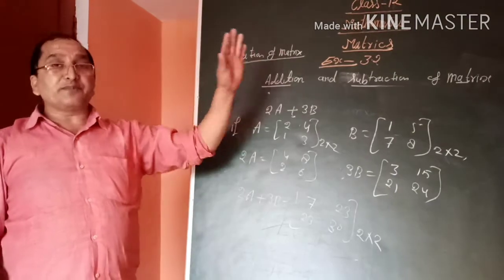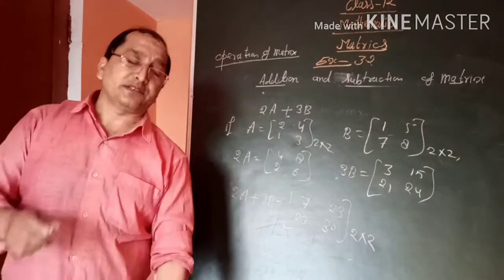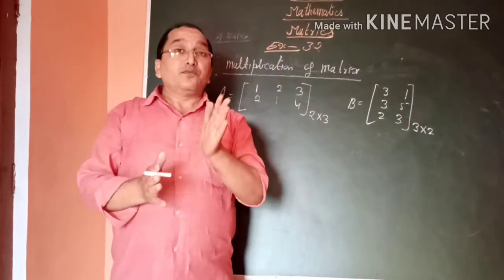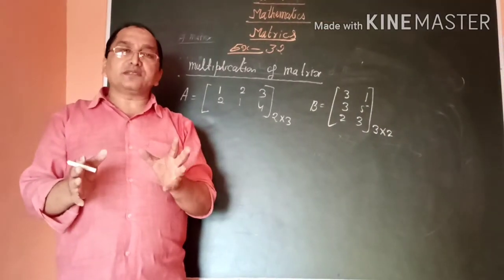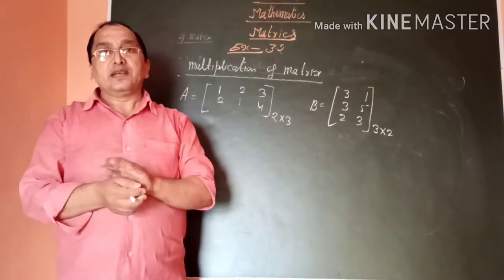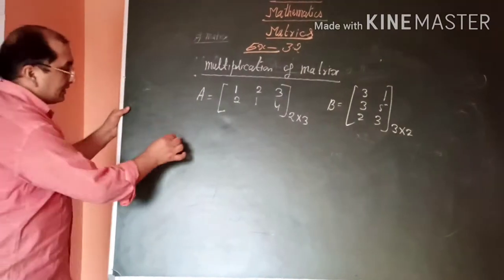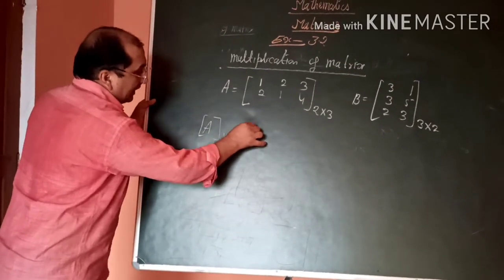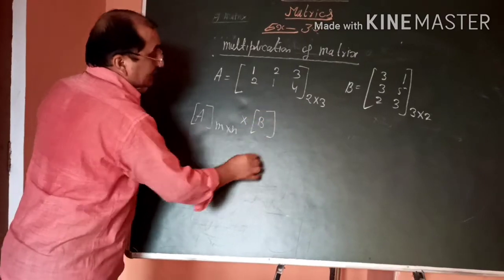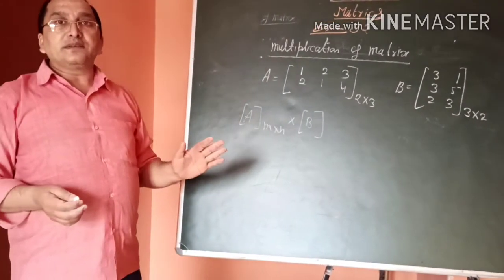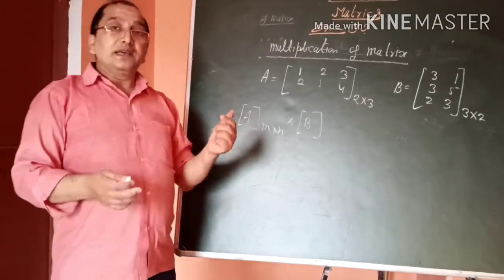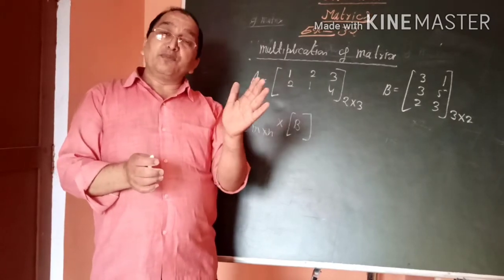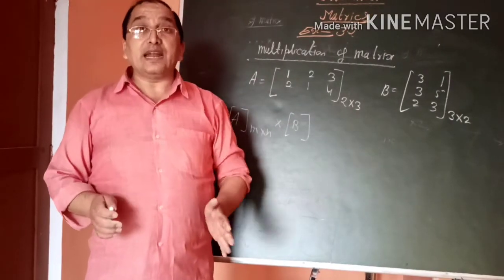And after addition and subtraction, I would like to tell you how to multiply matrices. This is a really very important thing. Most students get confused about how to multiply matrices. First of all, go through it. Suppose A is a matrix of order m cross n, and we have to multiply it by another matrix. Which matrices can be multiplied? This is the main thing. In the previous question we solved how to add or subtract matrices, but only if the matrix order is the same can we add or subtract.